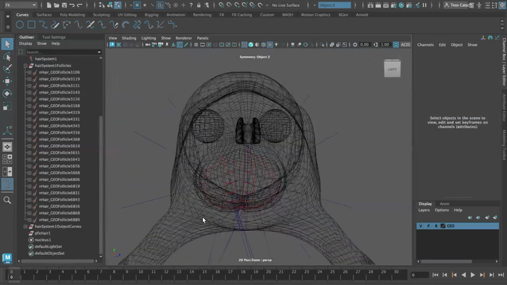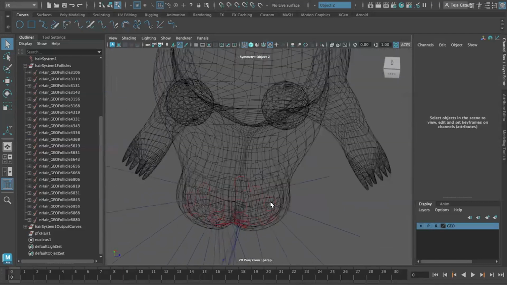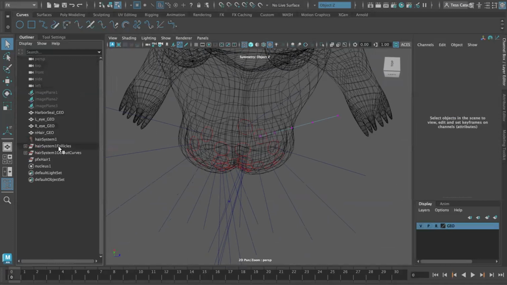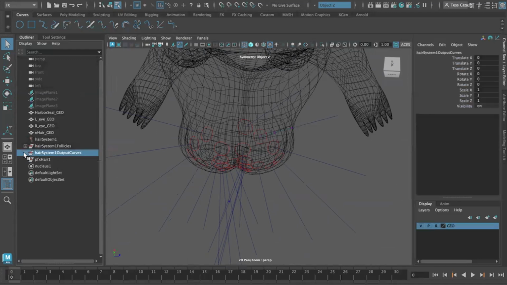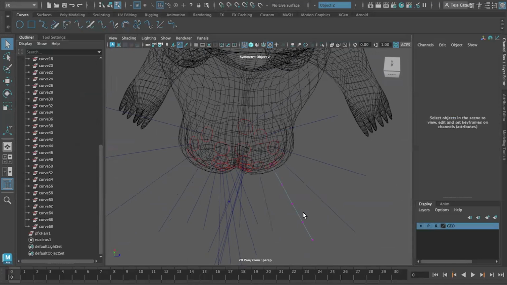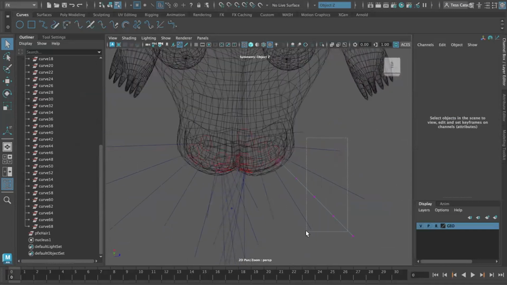So now how do I reposition? We have some that are kind of crossing here in the center. So if we want to reposition, these are just individual curves. So those are the follicles where the curves are located. We also have our output curves here. And so we can select these individual curves. And what I'm going to do is I'm going to select all of the curves. I'm going to go to my